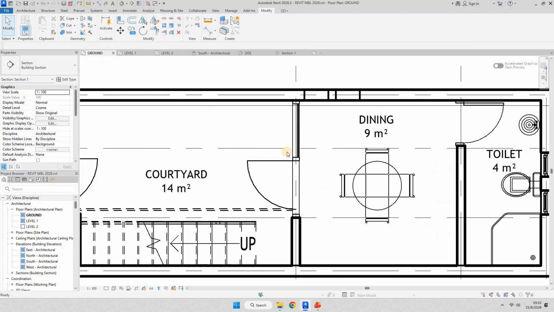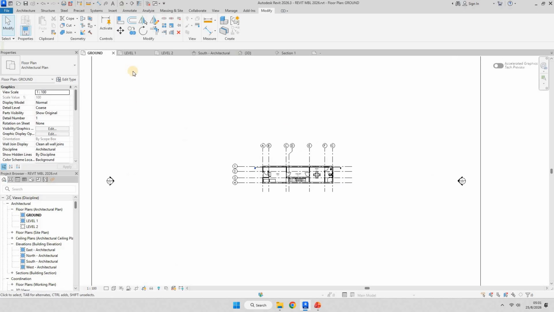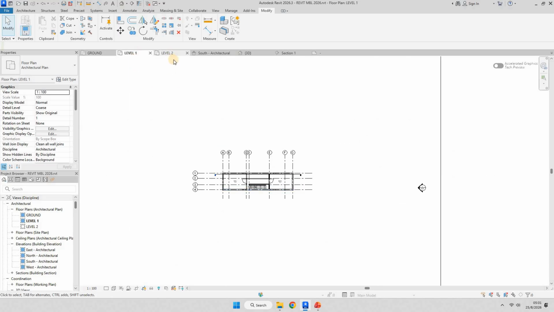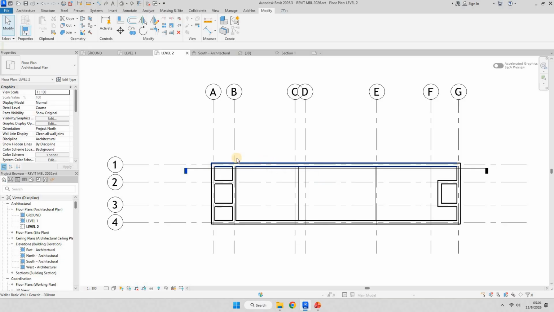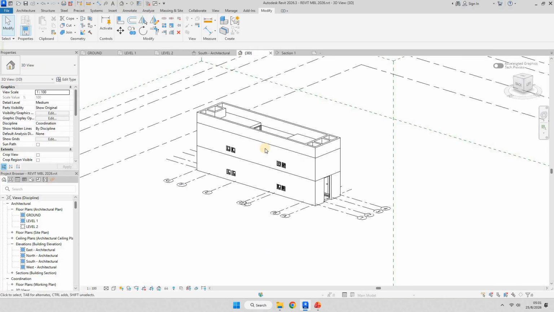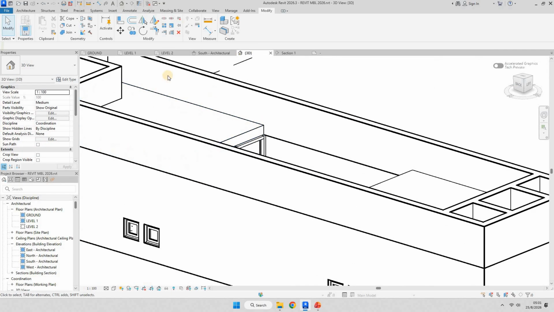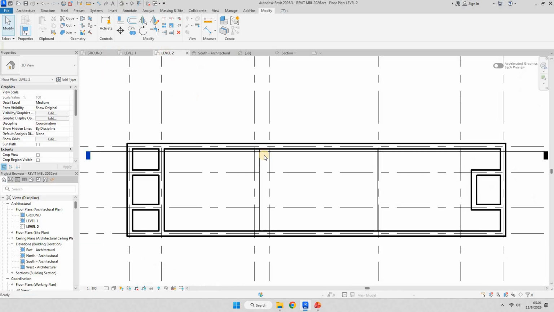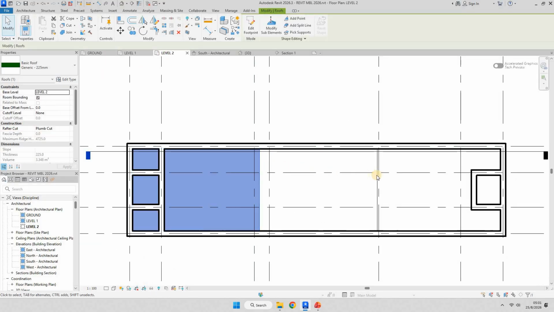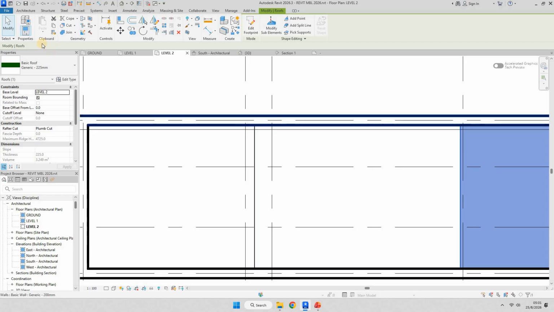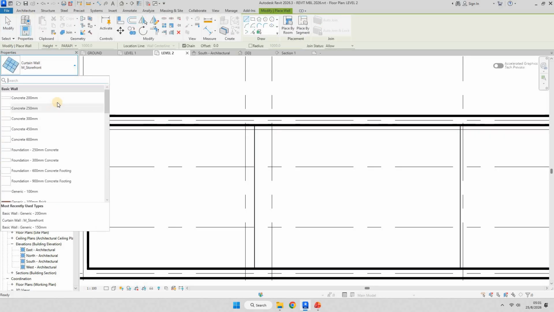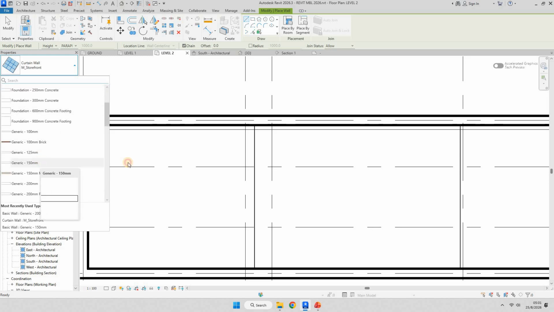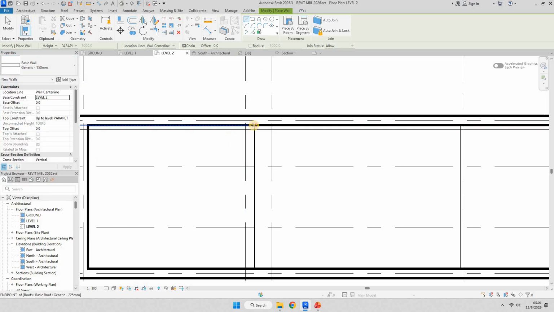The plans are actually done and ready: level 1, level 2, and the last one, roof level. Okay, I think we missed something. We want to create a small parapet here. So we can go to level 2, and this is the roof line. We can go to architecture, wall, just a basic wall, generic 150, and then